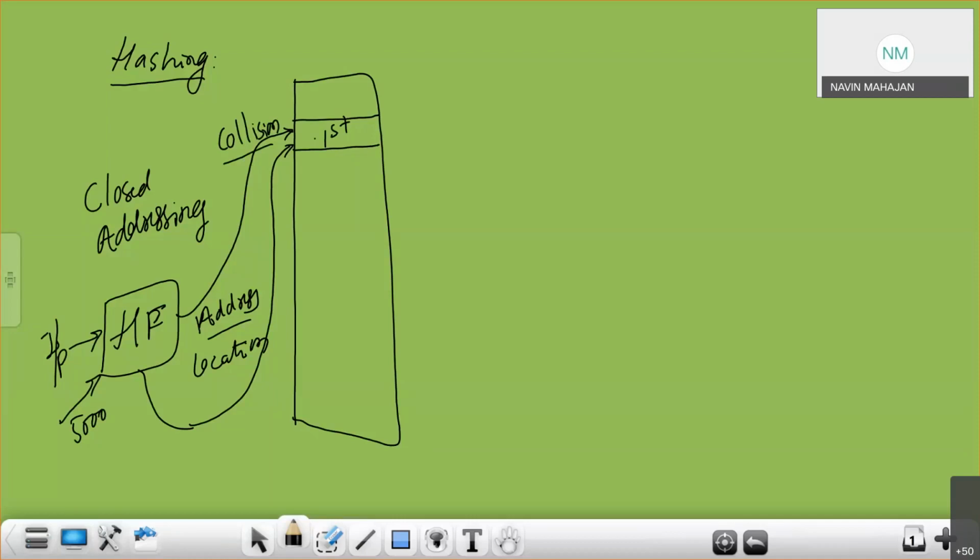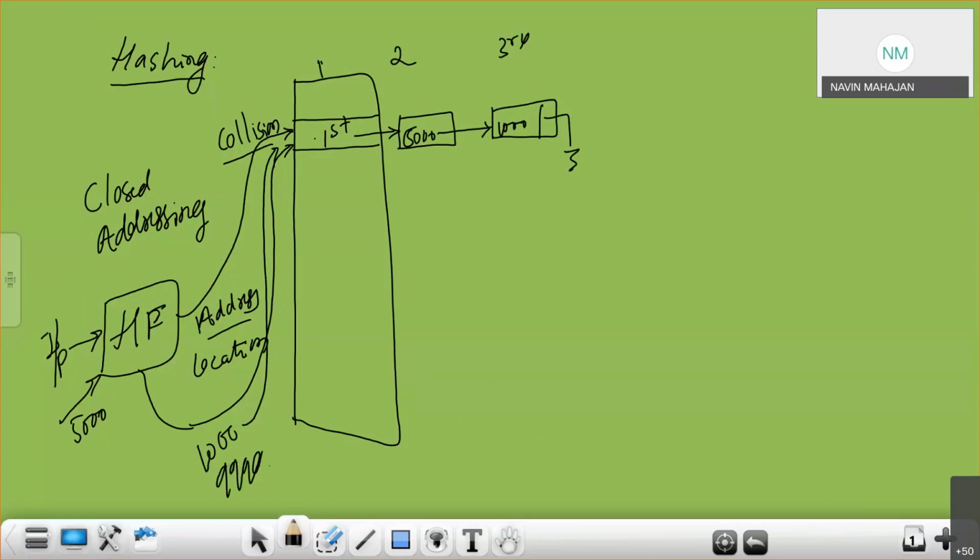And if it is allowed to store this information with chaining, with a number of slots, suppose one more slot is available, I can store 5000 here. And if the number of slots is defined as a maximum of 3, this is first, second, and third. That means I can store one more number. This is a linked list. I can store one more number, and this is the end, then this is null. I can store, say, 1000. So 3 numbers can be stored here. But later I get one more number, say 999, and it produces the same memory location.